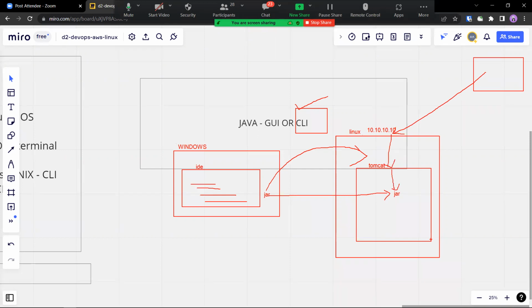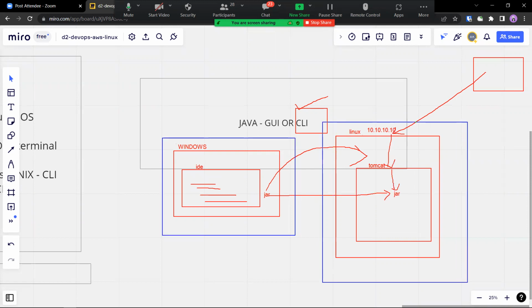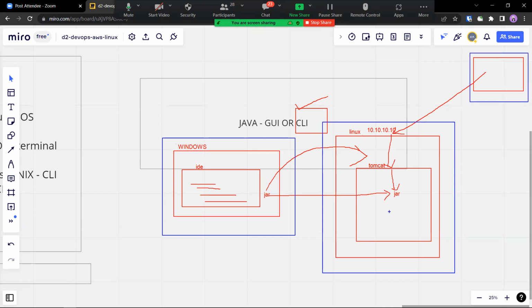That's a very common flow of how the application that you developed on your laptop goes to a Linux server, which you have created and deployed to, and is accessed by an end user. Right? Makes sense?